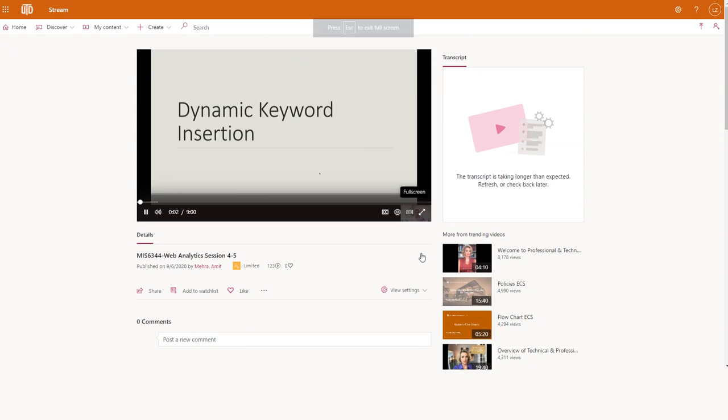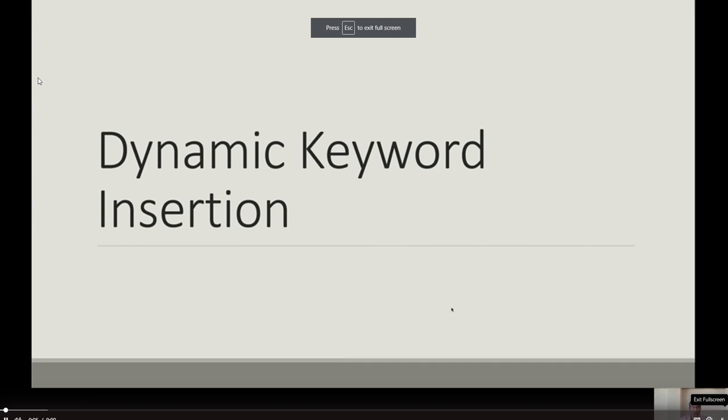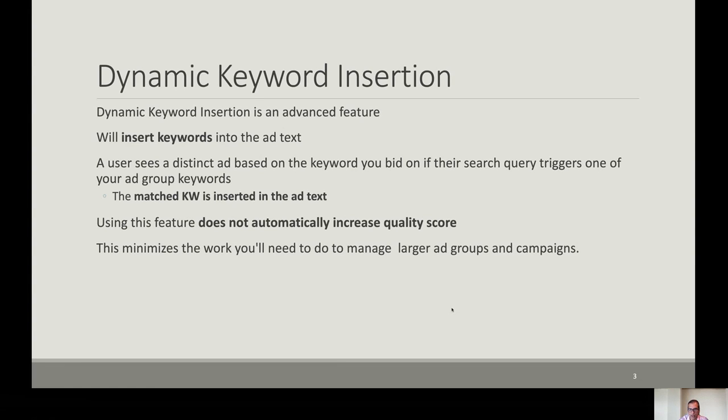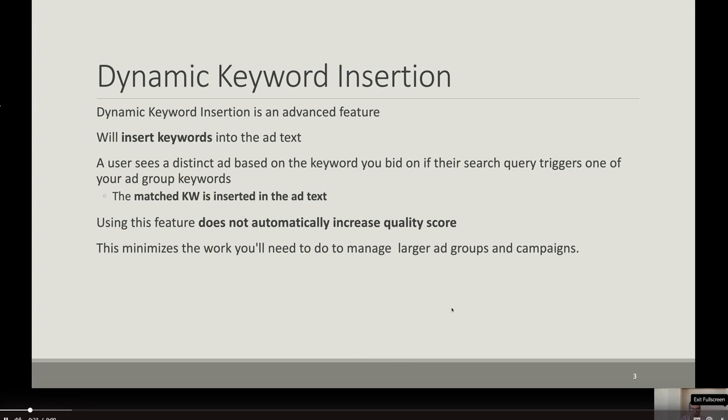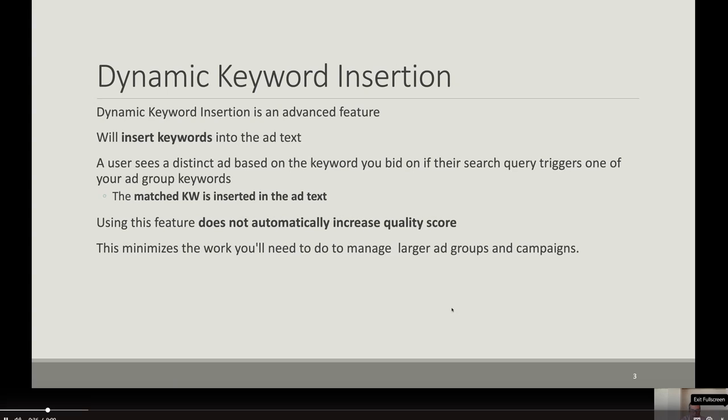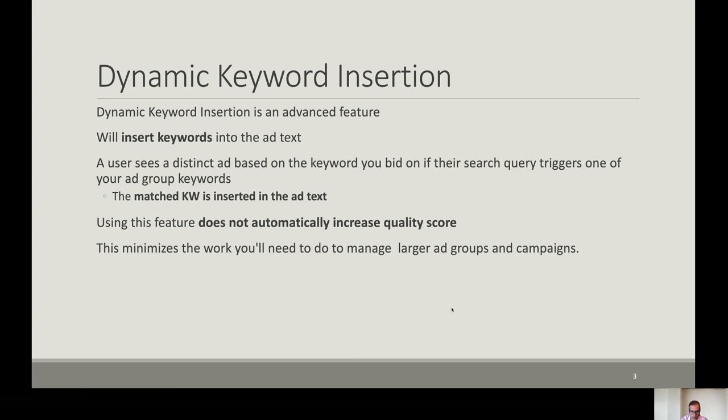In this part of the lecture, we will continue to talk about dynamic keyword insertion. And as I have said before, dynamic keyword insertion is a very advanced feature and allows you to dynamically change the display of your ad. The way this works is that it allows you to insert certain keywords that you have already selected into your ad text. And this typically works very well when a user, for example, is using a search query,